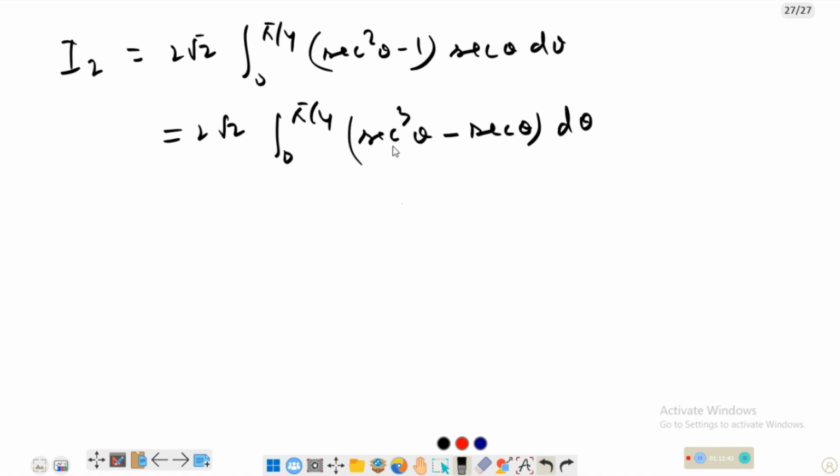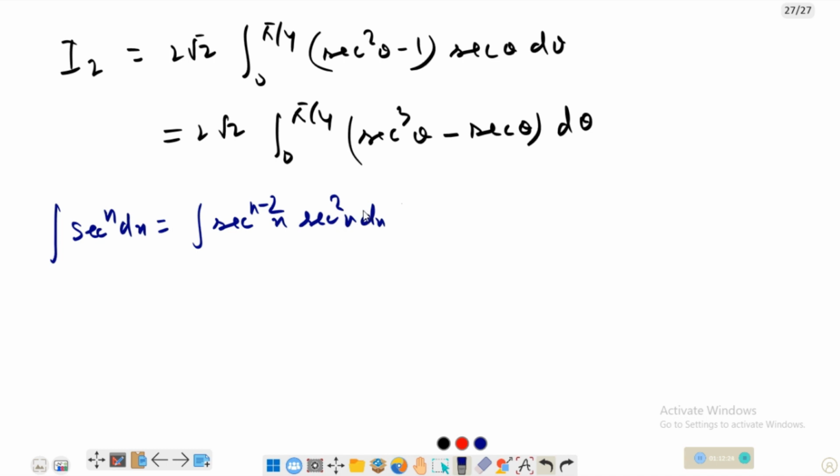We solve it via induction, because we know that if we solve an integral like sec to the power n x dx, I solve it via sec to the power n minus 2 x into sec square x dx, using integration by parts. So if we calculate this integral via this technique,